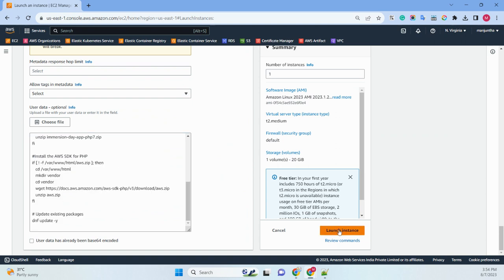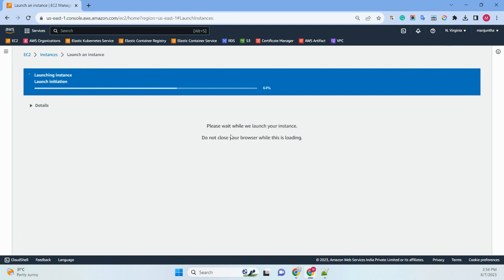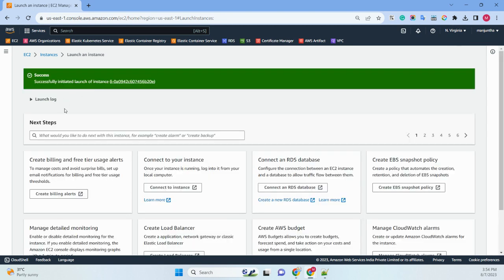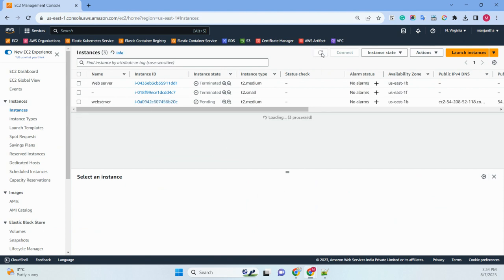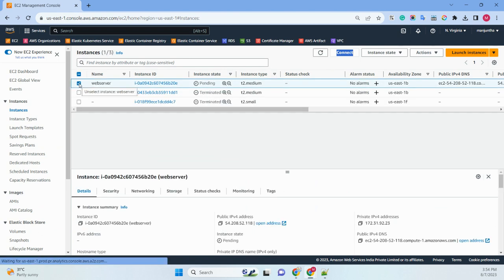So let me launch the template. This will take some 1 or 2 minutes. So in the meantime, what can we do? There are multiple ways to connect to the EC2 server. One is using PuTTY or Git Bash. You can use it, or you can use Cloud Shell also to connect. But I'm going to show you